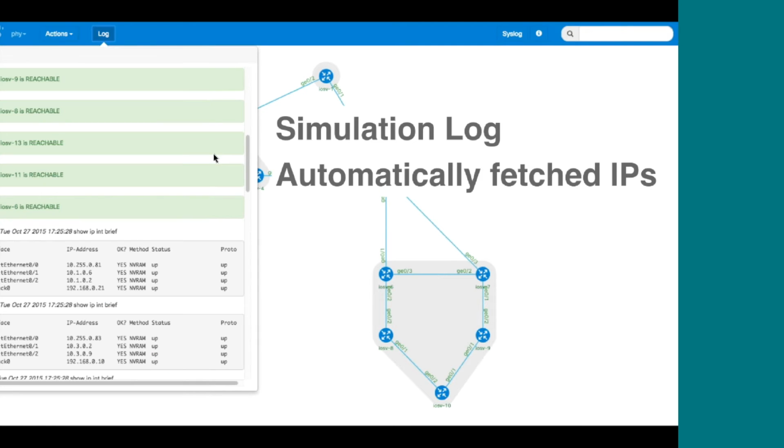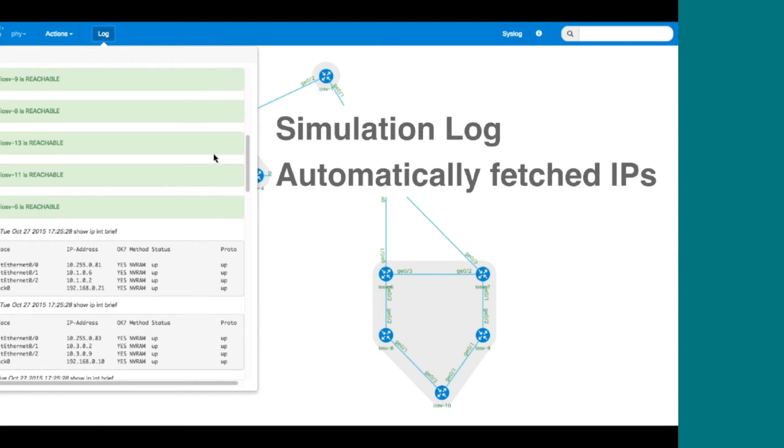So the simulation log piece really shows exactly what's going on for all the bits. If you're unsure what's happening, the log's usually got some information on it. We can see here that the first 5 or 6 entries are saying node X is reachable. What that means is that that node started responding to ping. Once you launch the topology, the nodes will all start up at slightly different speeds, so some might be 30 seconds or a minute slower than another one. We'll see once it starts responding, it will show up there.